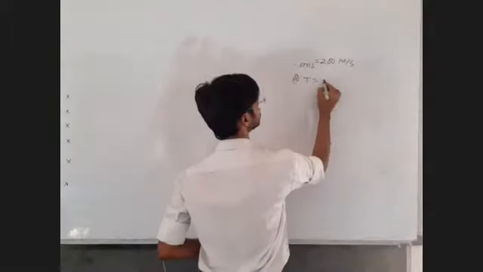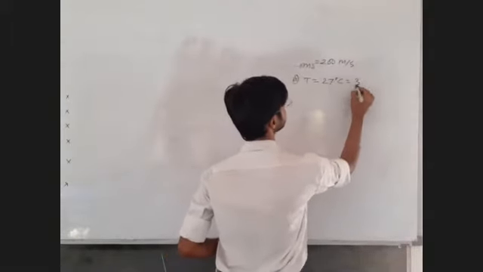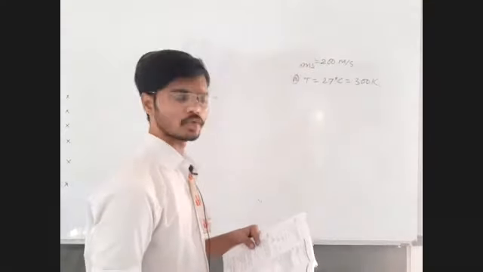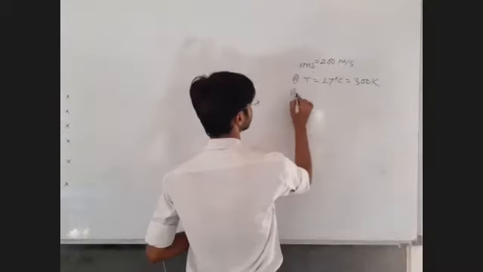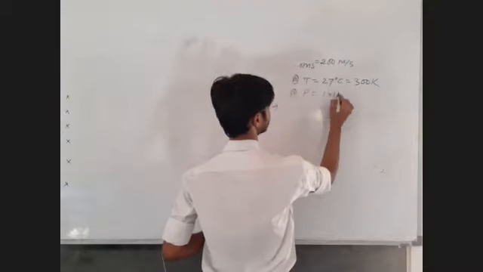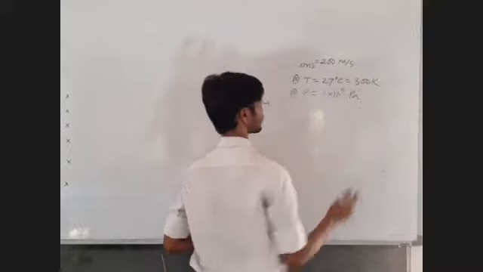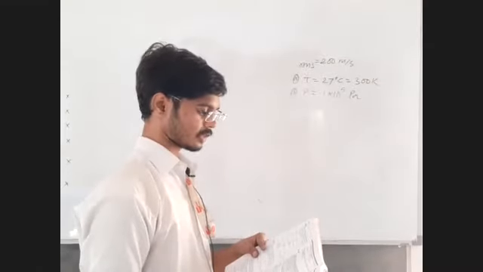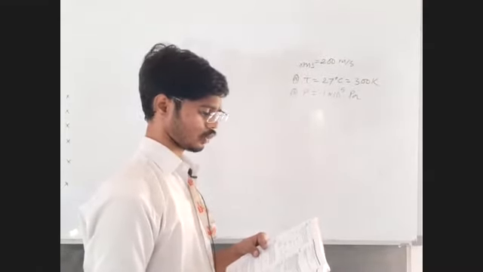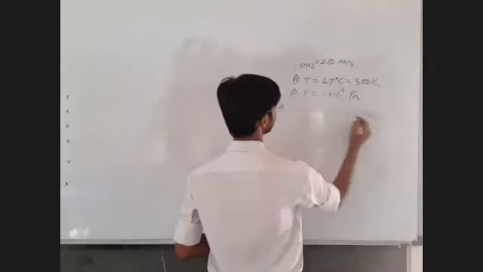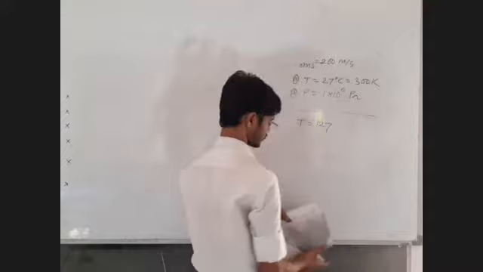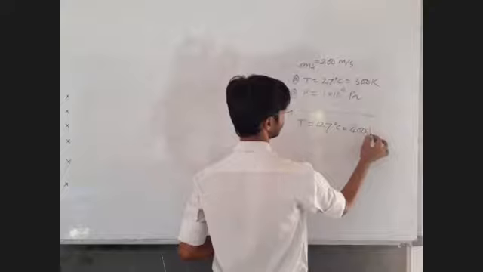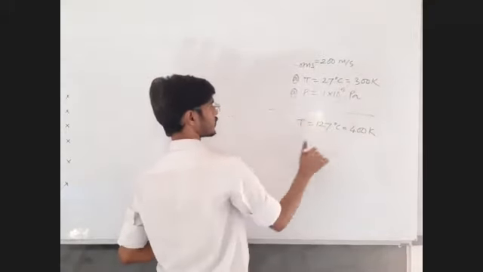At 27 degrees Celsius, immediately write it as 300 Kelvin. Fine. And 1 into 10 raised to 5 Newton per meter square. त्यावेळेचं प्रेशर किती आहे बाळ 1 into 10⁵ न्यूटन पर मीटर स्क्वेअर मीन्स पास्कल. फाईन सर. When the temperature is 127 and the pressure is 1.5 into 10⁵ Newton per meter square. Now the second situation, when the temperature is 127 degrees Celsius, shall I immediately write it as 400 Kelvin? Just add 273, you will get 400 Kelvin.